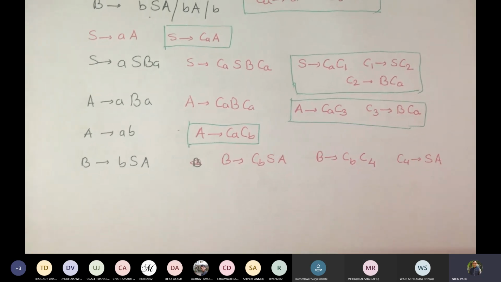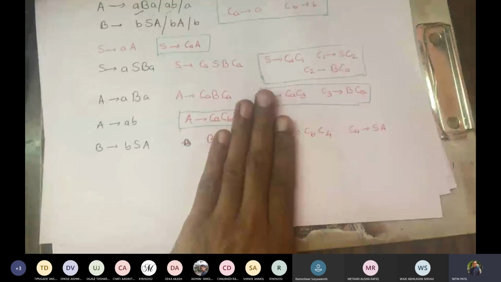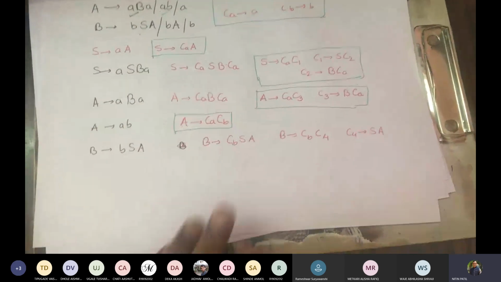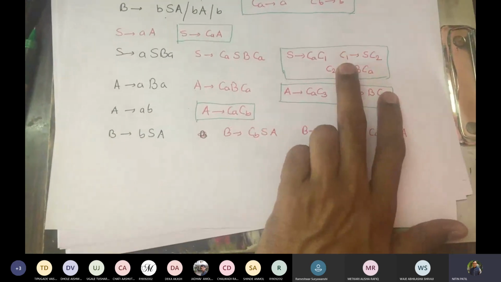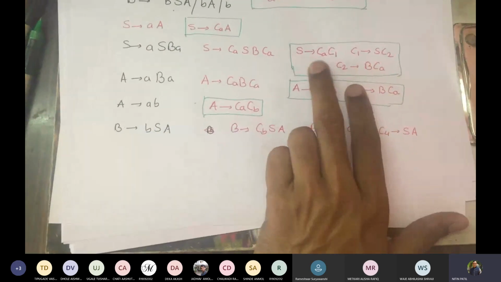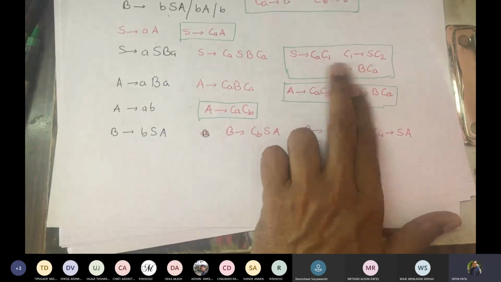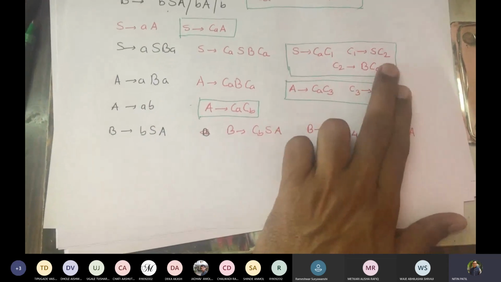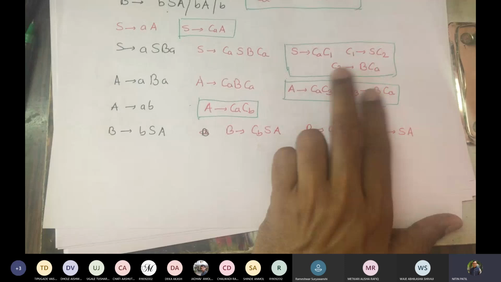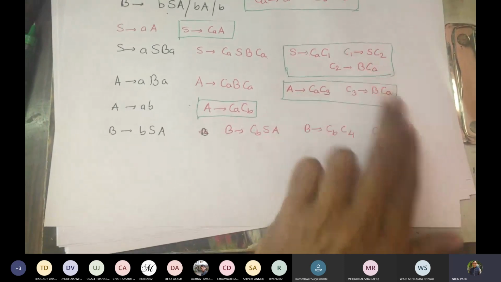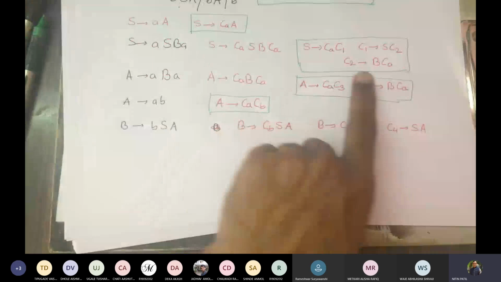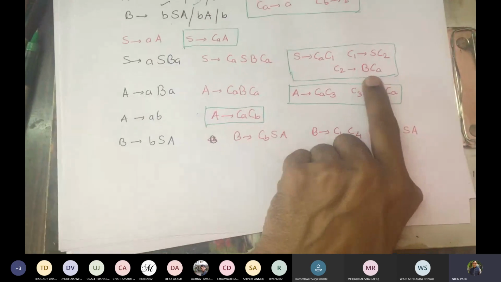Now the thing is, like you write a 10-line algorithm, 10-line program, and it results to a 100-line program as an executable. Why? Because it introduces this kind of stuff to simplify it. So why do we introduce these new variables? Because this may be called as a procedure. So here you are introducing S gives CA. This is a new procedure. This new procedure contains few more statements, and that statement again is giving call to few other functions. So that's why avoid using repeated ones, as she pointed out.